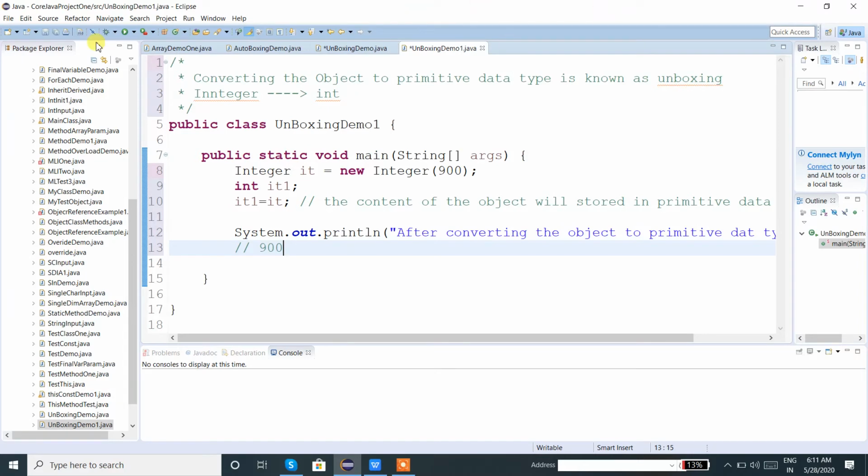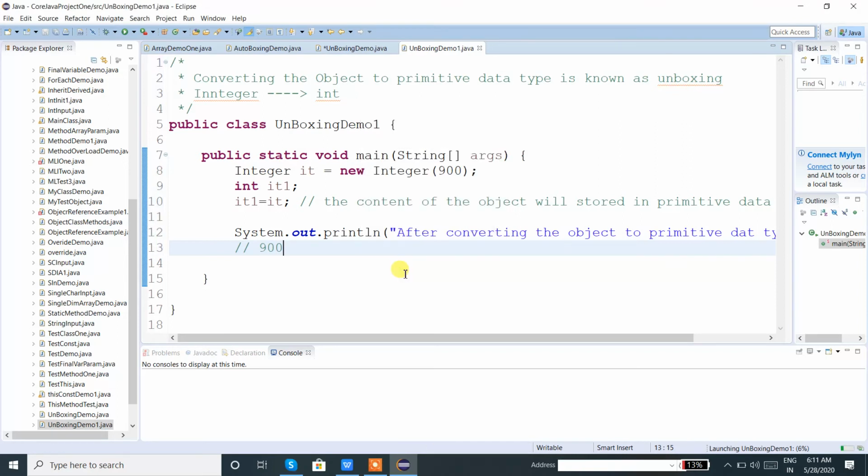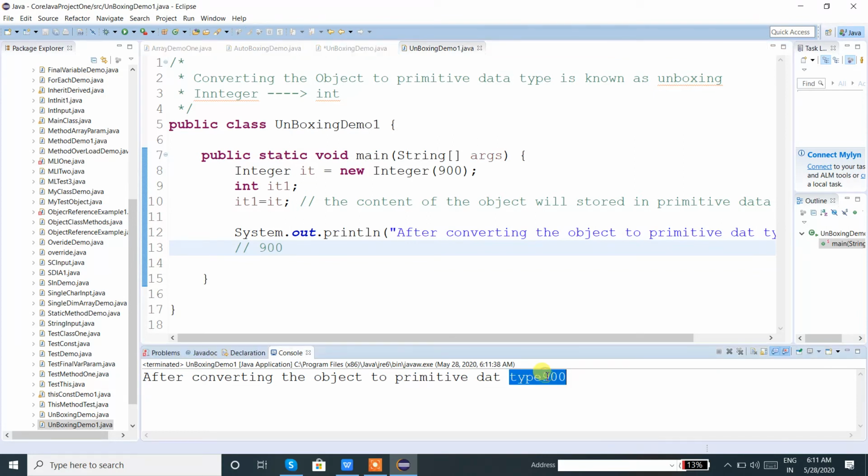Let us execute the code and check whether we are getting the expected output or not. Yes, so the data is getting stored in the integer variable. The data was in the object, now it is in an integer variable.